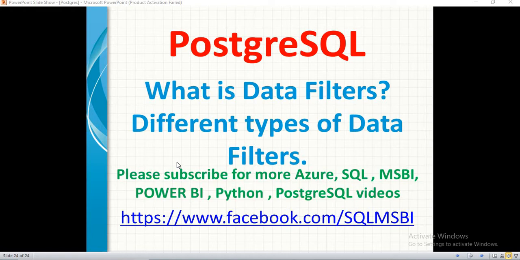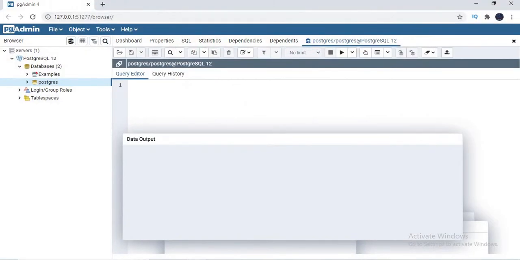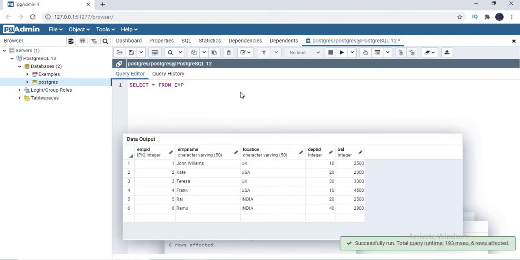on the example data. So let's quickly go to the PostgreSQL window, where we have a couple of tables, and each table has a couple of records. For each scenario, a different type of filter condition works as a best practice. Let me quickly show you the select star on the sample data in my EMP table. It has only 6 records of 5 columns.